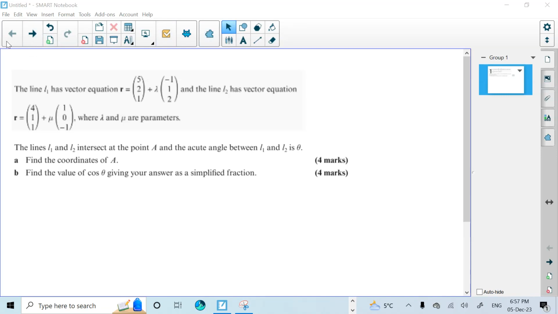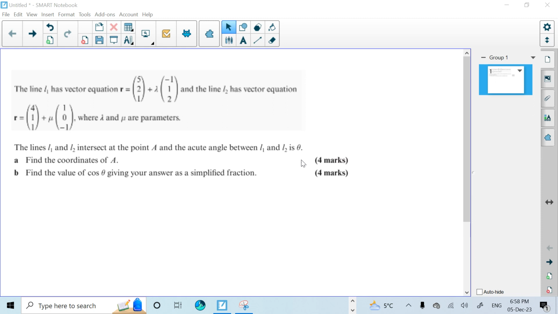Okay, another exam question that we're going to try to answer for 8 marks. The line L1 has a vector equation r is equal to, respectively, and the line L2 has vector equation r is equal to, where lambda and mu are parameters. The lines L1 and L2 intersect at the point A, and the acute angle between L1 and L2 is theta. A, find the coordinates of A, and B, find the value of cos theta, giving your answer as a simplified